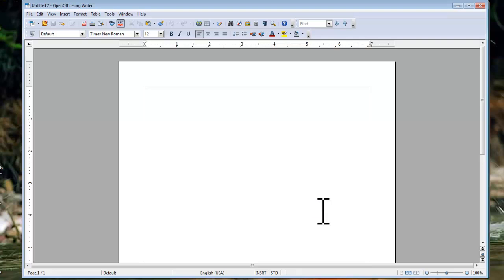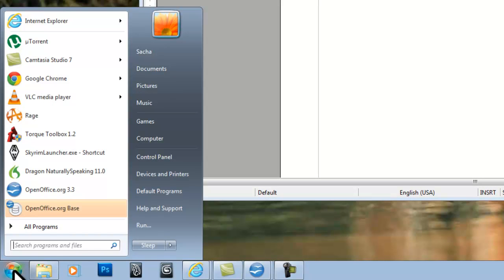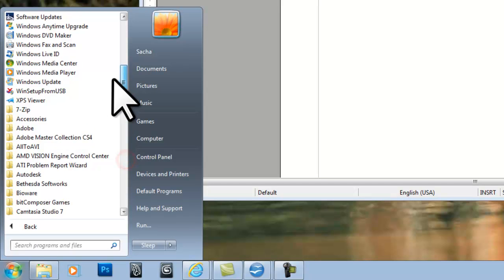Now that OpenOffice is saving in Microsoft Office formats, let's confirm that OpenOffice.org is set as the default program to open Office files. By this, I mean that we will make changes so that when you double-click on a .doc, .xls, .ppt file, it will open in OpenOffice.org. Click the Windows Start button, All Programs, and select Default Programs.